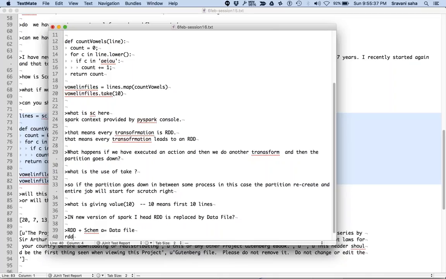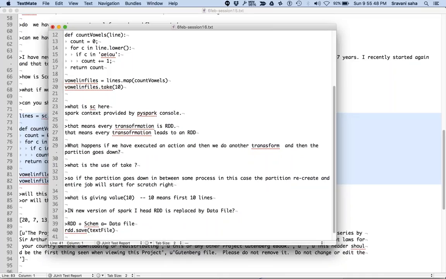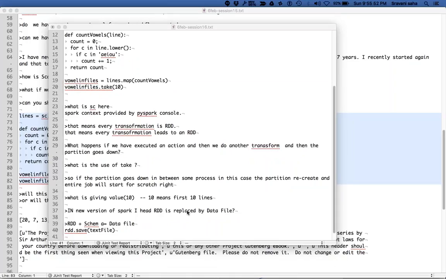You can basically save an RDD to a text file, and there are many save functions. Some of them actually take a schema as an argument. All right, did I make sense to you, Prabhu and Suraj?